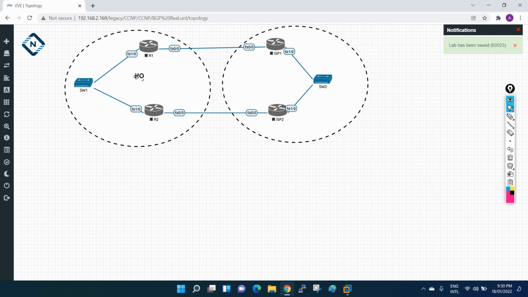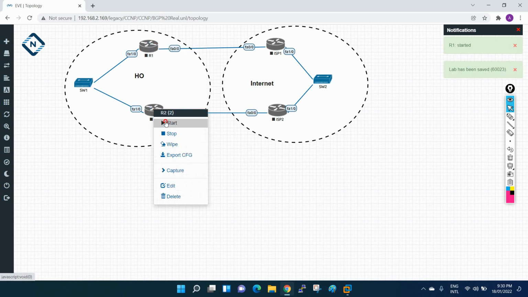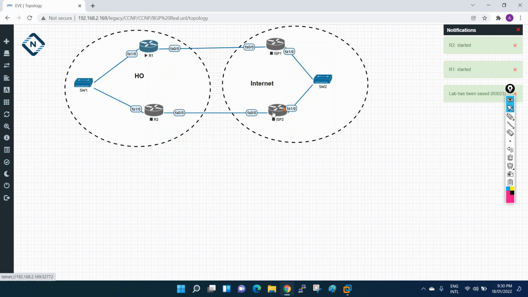This is the head office, and here this is the internet. I hope now you understand the topology. Let me start the routers, and we can give the IP scheme also.